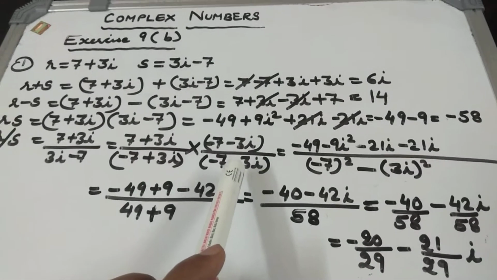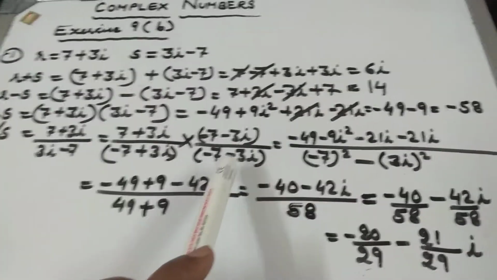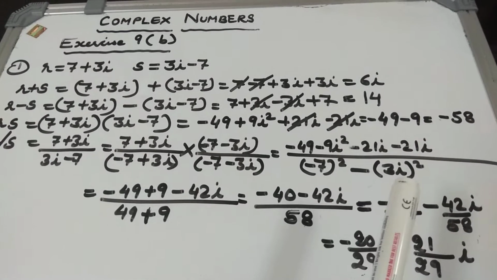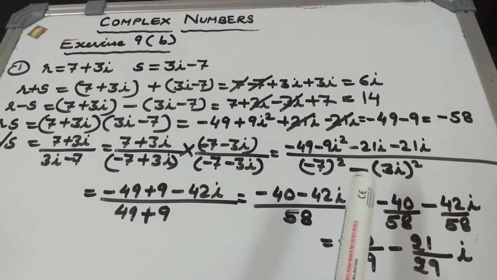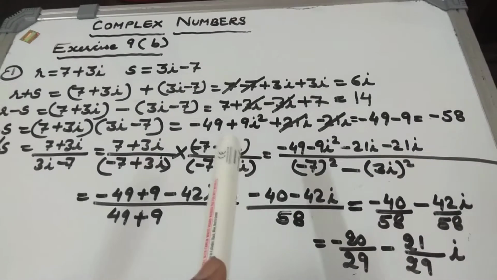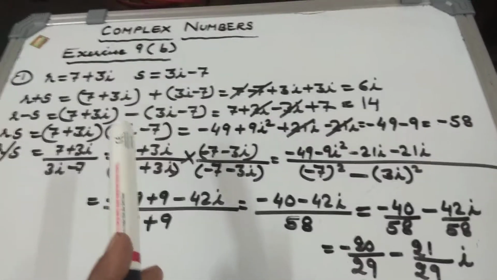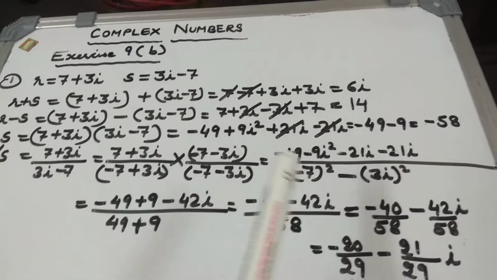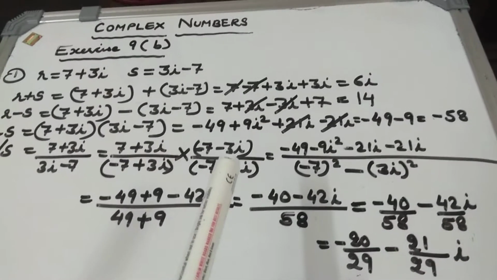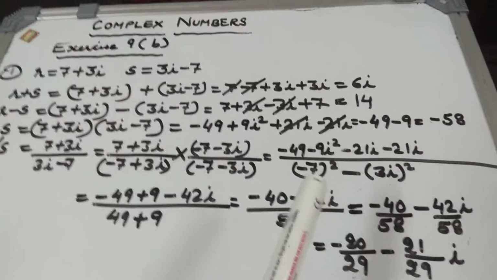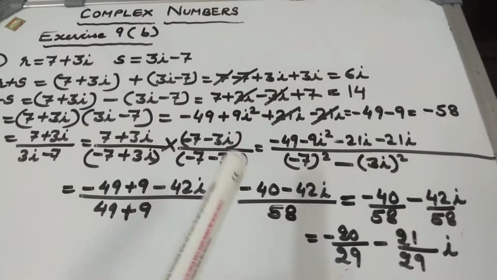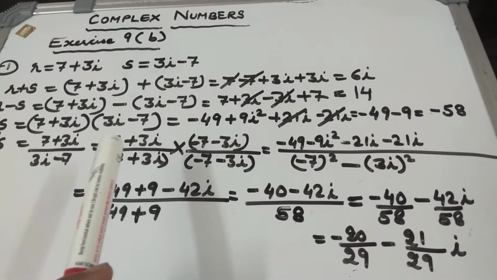This you already know as you do it in rationalization. Same is the procedure, but obviously the numbers will change here. So a square minus b square will become (minus 7) square minus (3i) whole square. So this is your denominator, and the numerator is to be simplified as we have learned just now, the multiplication. But see the term-wise multiplication along with the sign; you have to be very careful. If you make a single mistake with the sign, everything goes wrong, and it is very difficult to find one's own mistake, maybe me or you, whosoever. So do it carefully in the first round only.